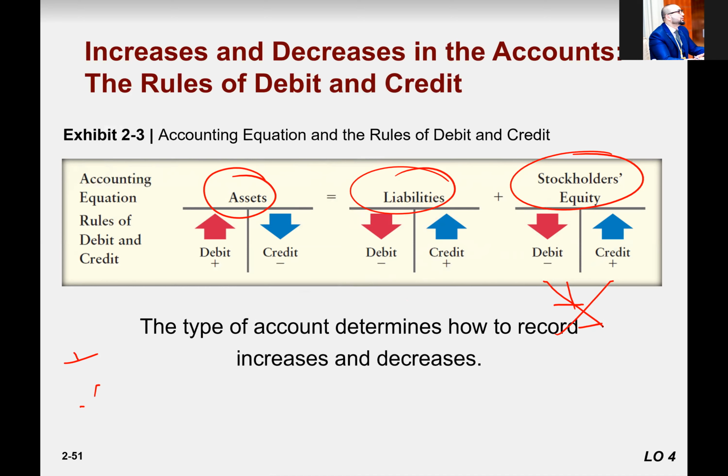Rather, we pronounce debit and credit. Debit can be negative, debit can be positive, and a credit can be positive as well. So don't remember these debit and credit